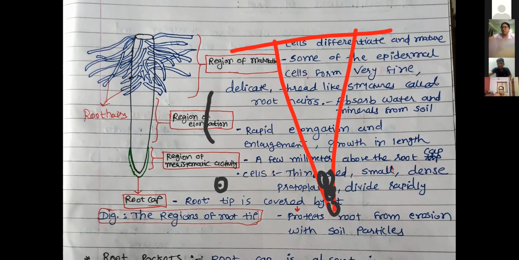Why do we call it dense? If the cells are larger and elongate, the cytoplasm can evenly distribute in that cell. But over here space is very narrow. That's why we call it dense cytoplasm in the meristematic cell. Very small, thin walled, and these cells have elasticity. Remember, even vacuoles are absent in this one.